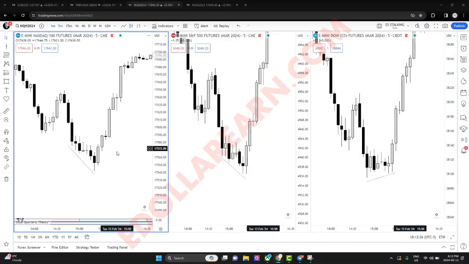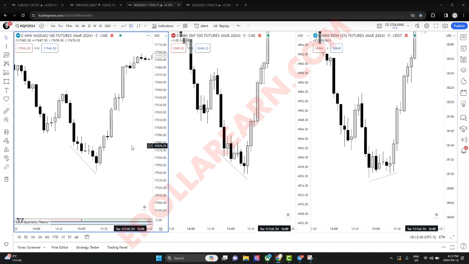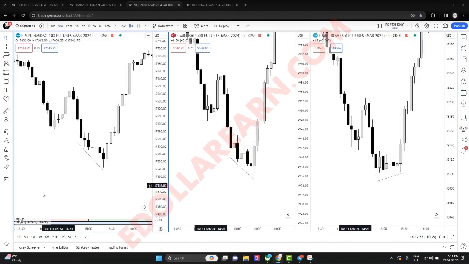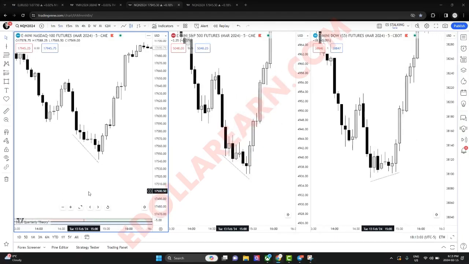Now we will take a look at sequential SMT, which happens between Q2 and Q3. Right, so all of this is fractal, right? Anything that works on the daily time frame works on the daily cycle, works on the weekly cycle, and if it works there, it works on the monthly cycle, and so on. 90-minute cycles, the macro cycles, right? So this is Q2 of the 90-minute cycle. This is Q3 of the 90-minute cycle